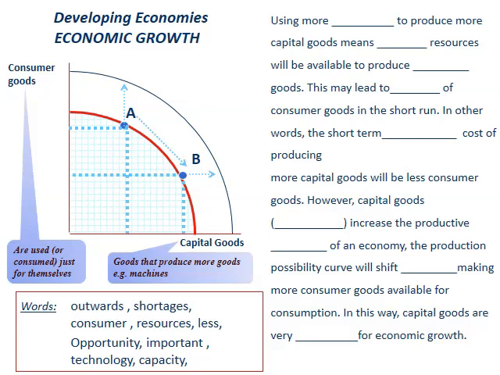Remember, consumer goods are goods just used for themselves. Capital goods are goods that produce more goods. They are part of the whole technological process that will lead to an increase in capacity to produce. So here what we are looking at is the importance of capital goods, but moving from point A to point B